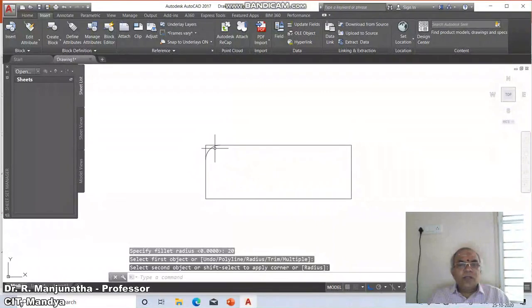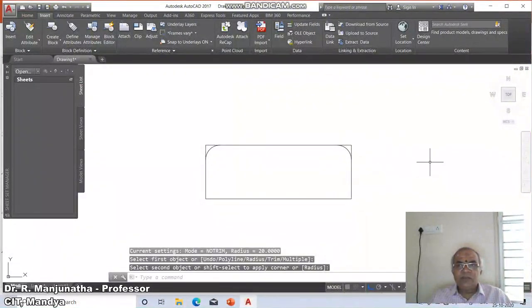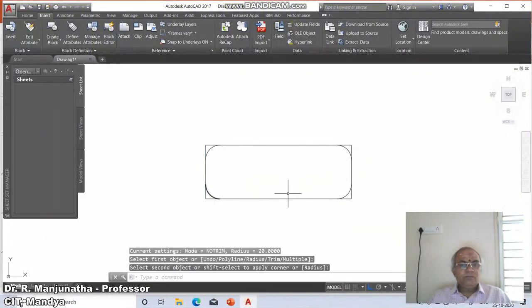So not only does it fillet but also retains the unfilleted portion. And here, from here to here, sometimes you may have to use this particular option. And many times it will be used here. So that is the advantage of using this. So this is how we can use the trim option.